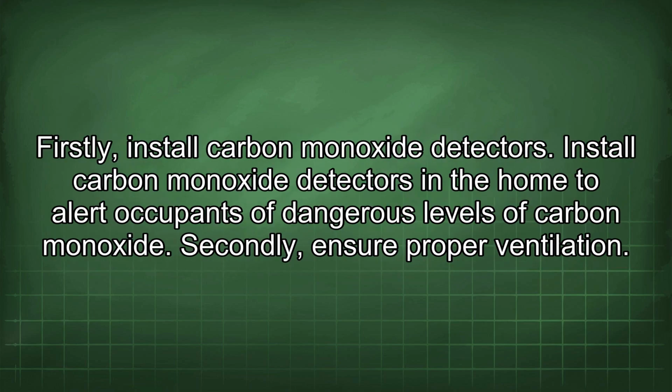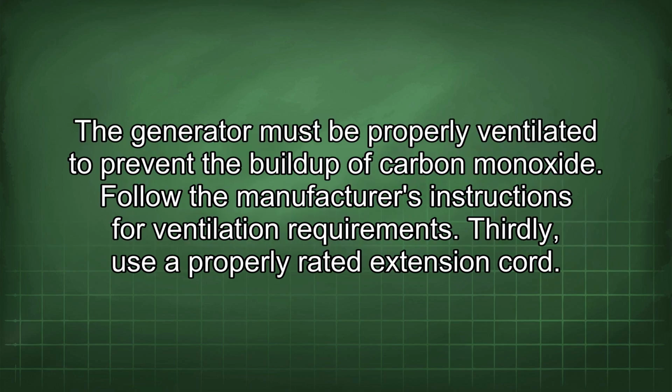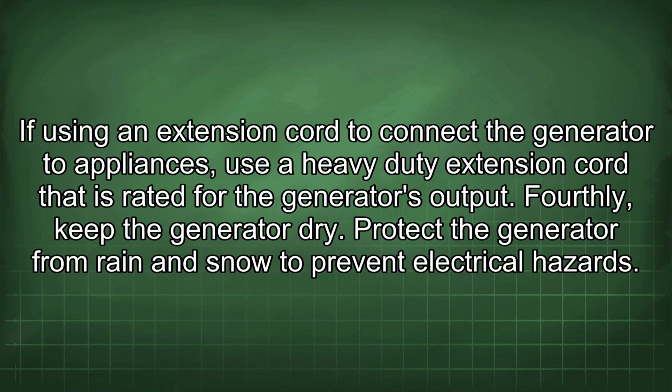Firstly, install carbon monoxide detectors. Install carbon monoxide detectors in the home to alert occupants of dangerous levels of carbon monoxide. Secondly, ensure proper ventilation. The generator must be properly ventilated to prevent the buildup of carbon monoxide. Follow the manufacturer's instructions for ventilation requirements. Thirdly, use a properly rated extension cord. If using an extension cord to connect the generator to appliances, use a heavy-duty extension cord that is rated for